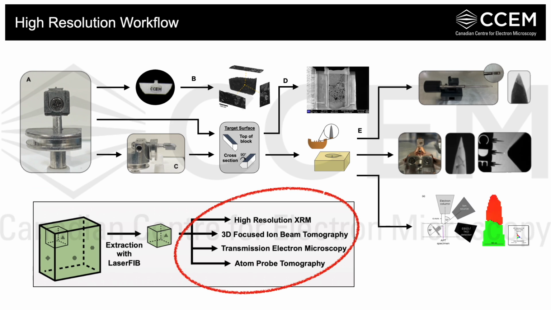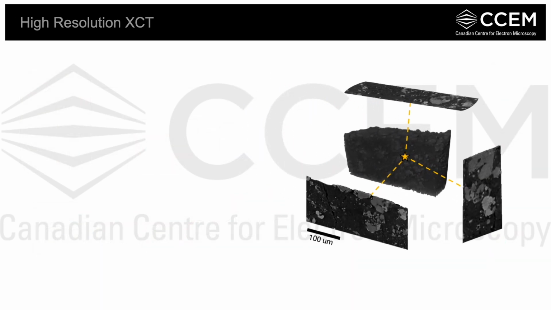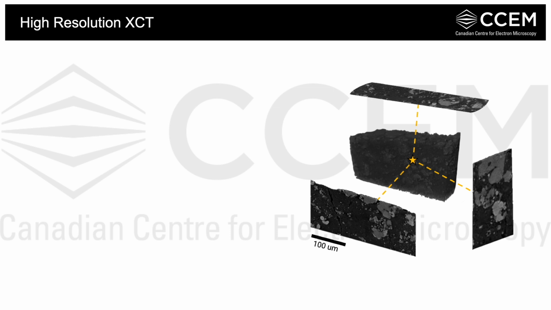Okay, so back to our schematic. We have our correlative holder. It's holding our meteorite, which we've extracted using the laser and attached to a custom grid designed for XRM. So now let's collect more XRM data, but with higher resolution this time. And here it is. Again, we have our 3D volume, where we can take X, Y, and Z slices to view any point within it.